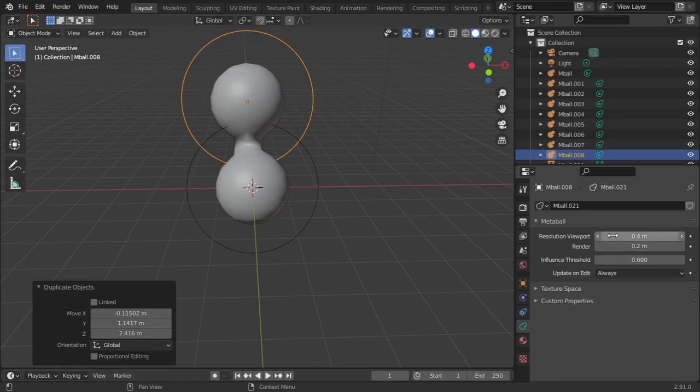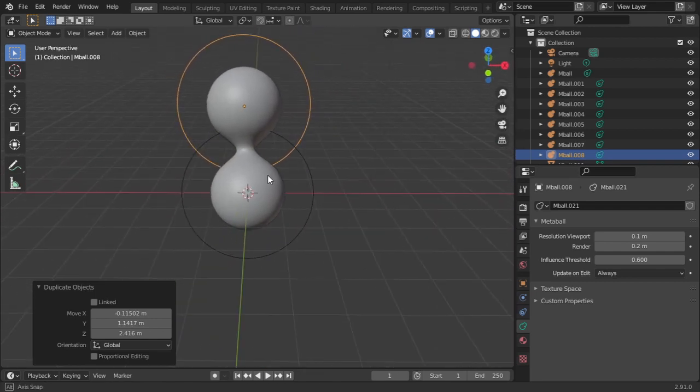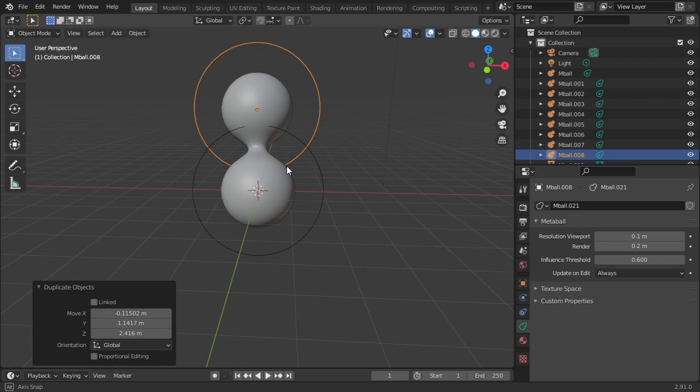What this actually means is when we are rendering, it's going to render at 0.25, and when we see it in the viewport, this is what we are seeing, 0.4. If we reduce this size, it's going to smoothen out even more, and the last point is 0.1 meter, and this is where you can see it is having a very smooth curve. What we can do with this is like this atom, this could be an atom, or Shift delete,